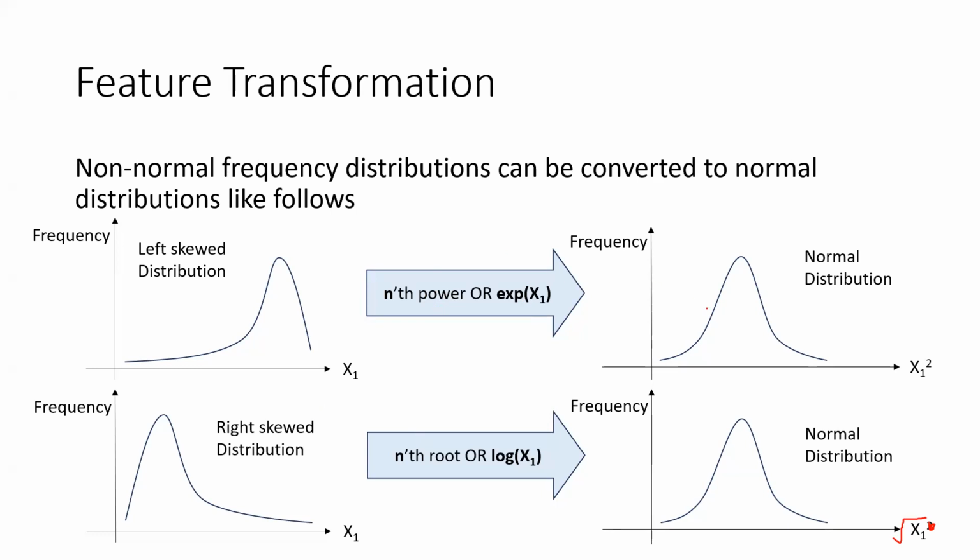When you apply these kinds of operations, you can get normal distributions from skewed frequency distributions. So when you do the exploratory data analytics, if you see this kind of distribution, you can apply this kind of transformation and get a normal distribution before you